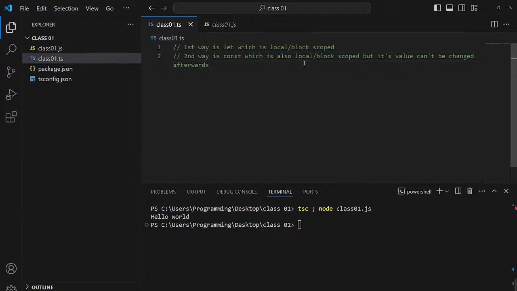The value you assign to it during declaration and initialization will hold, and you cannot change it afterwards. It's constant. We'll explain with an example afterwards.